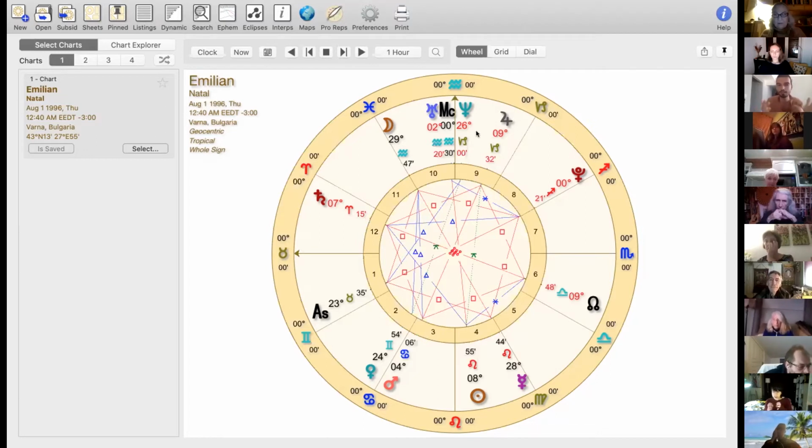Oh, I see. So it just activates the planet. It gives it a bit of a boost and a spotlight. If it was murky before, it's not going to be murky now. During the period that it's transiting, it's going to be really powerful and show you what it's about effectively. Exactly. And something else I want to point your attention to is that